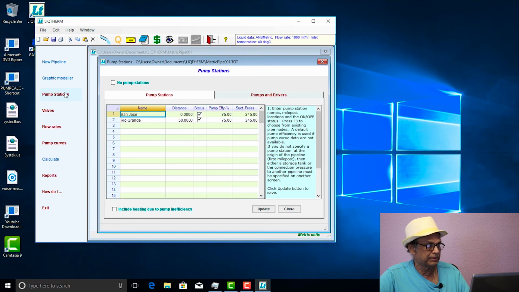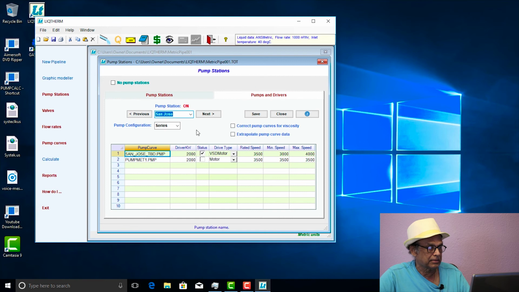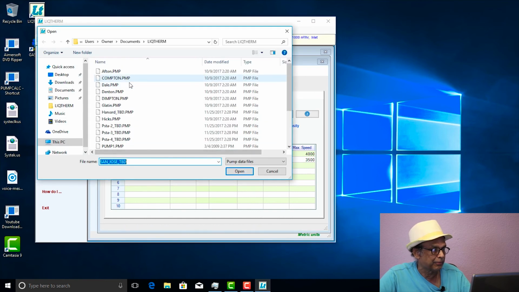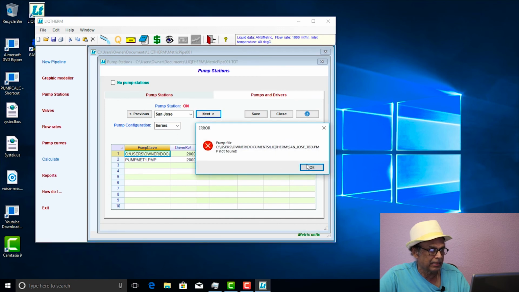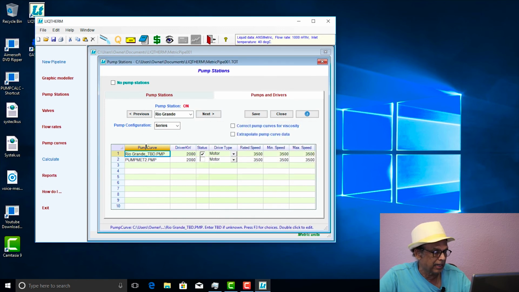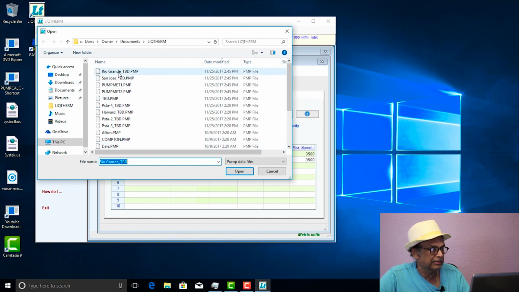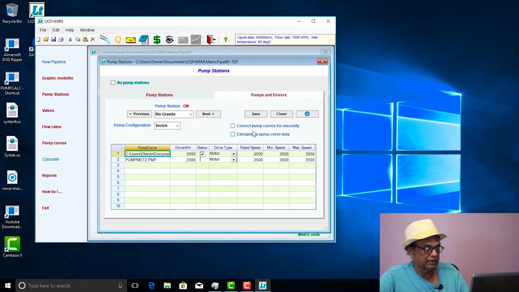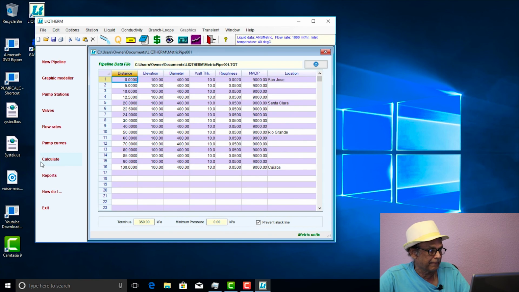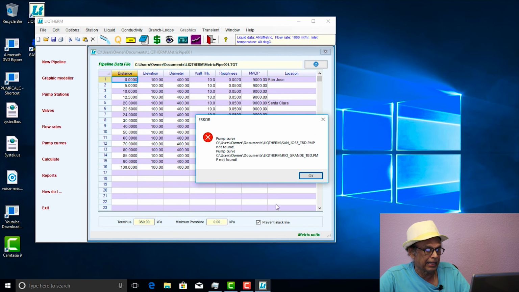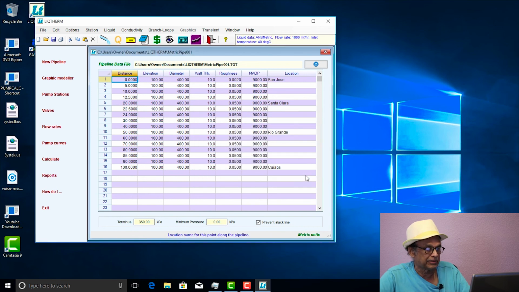So we have to go to the pump stations and go to the stations, and at that point we're going to push F3, and it comes up with the San Jose pump, TBD pump, and the next station would be Rio Grande. At that point push F3, and Rio Grande is taken from there, and we save it, close it, and run it, calculate, and still cannot find it. So that's alright. Let's go ahead and run the calculation,